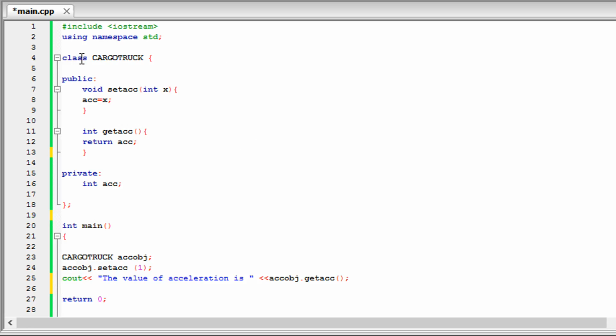So what we did is we have this class named cargo truck, and we have one private member variable that is int acceleration, and in order to access or use this variable in the main, we do this, which has some housekeeping things. Now you might say that actually using this private variable is prohibited in the main. So you can actually just do it like public and then int ACC and then cout that